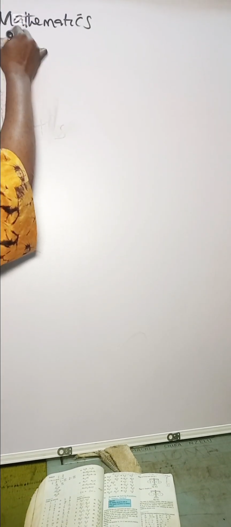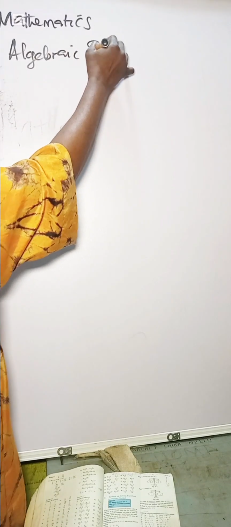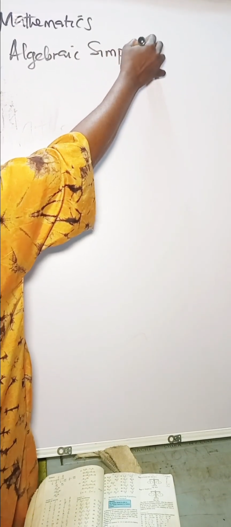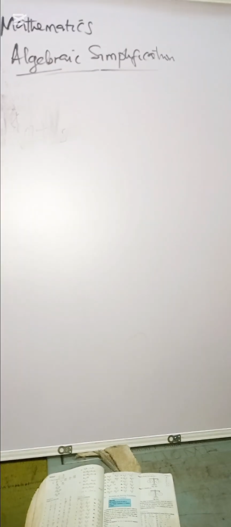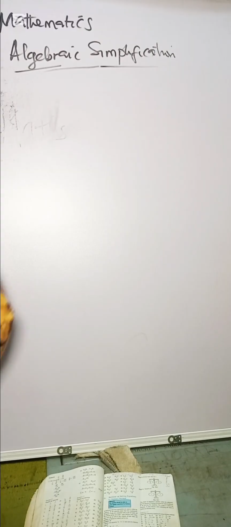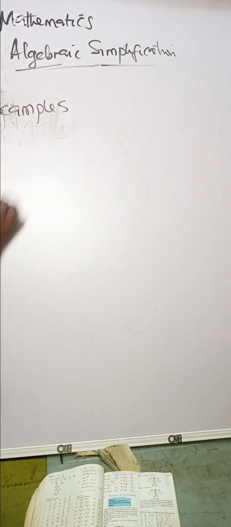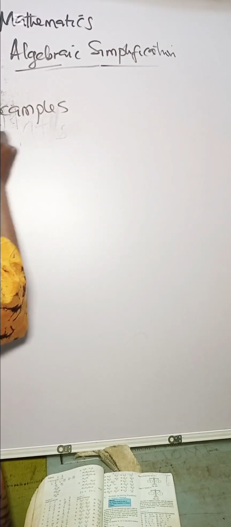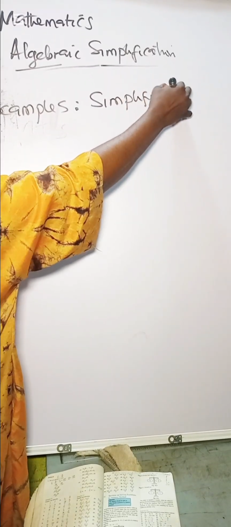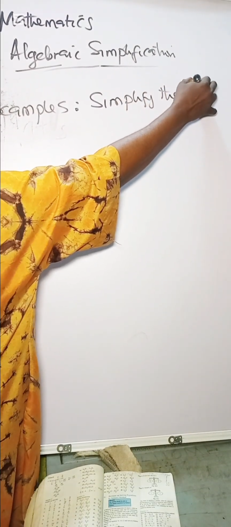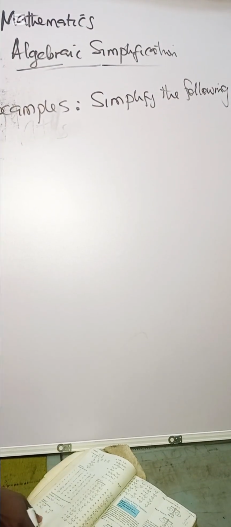What we are looking at is algebraic simplification. Algebraic simplification. So these are some of the examples. If you have to simplify the following, I have